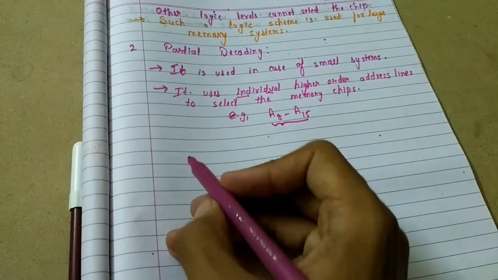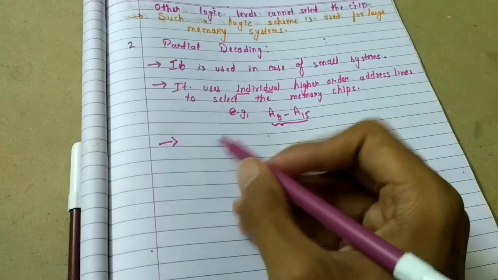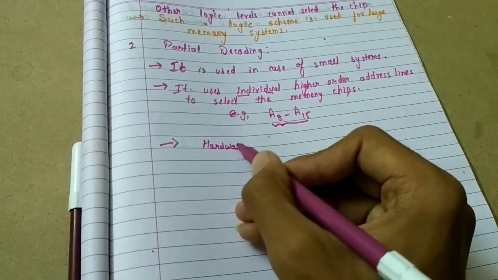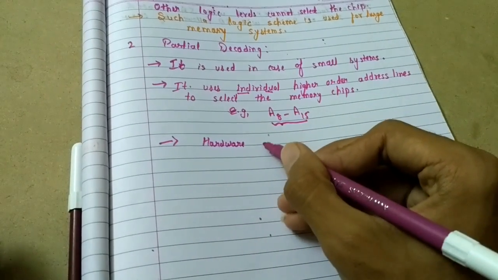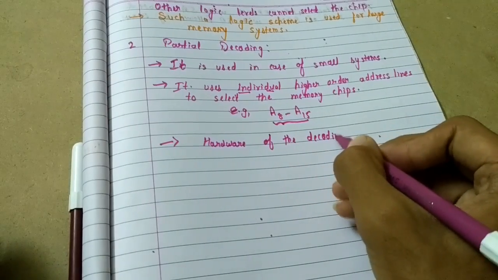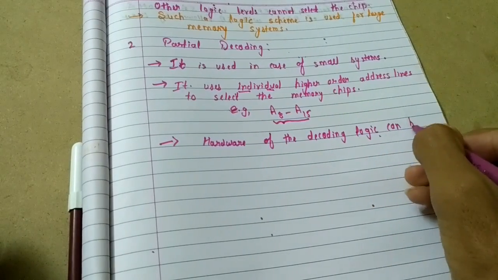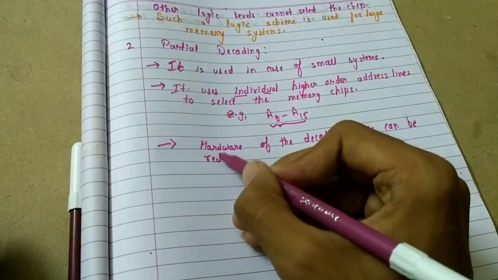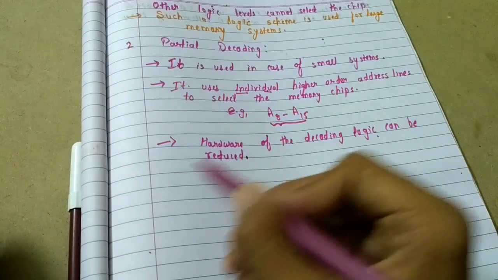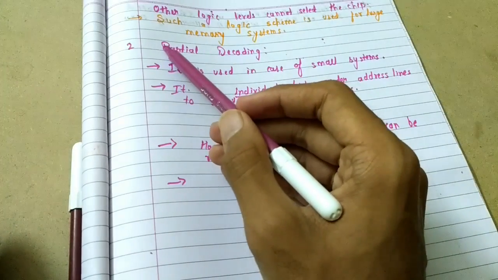One conclusion can be made from this, and it is written as: one can say that the hardware of the decoding logic can be reduced. It's very much obvious. But now the question is, why is it not used